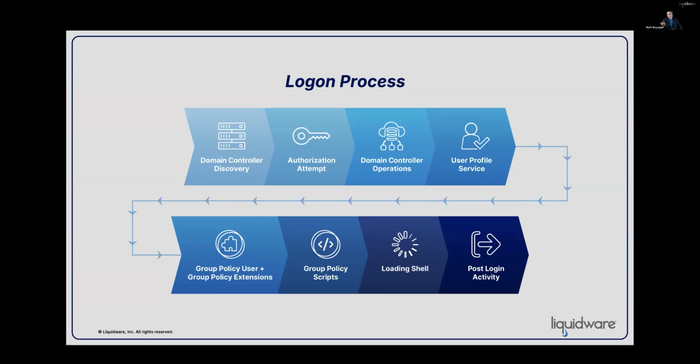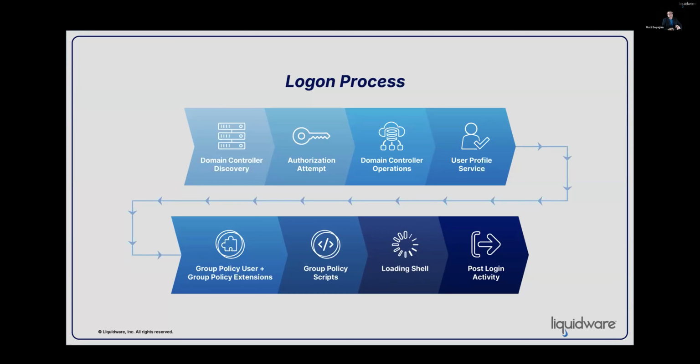But the login process itself does involve a series of what we call steps. And in Stratusphere, you're going to actually see those defined steps inside of the interface so you can keep track of where we are. So the first thing is DC discovery, which is talking to the domain controller and saying, hey, how are you? This is me. This is my authentication. This is who I am. Do you know who I am? That kind of thing. And then after that, we have an authorization attempt where I am not only authenticating the user, but also the machine, because I can't let somebody attempt to log in until I know your machine is